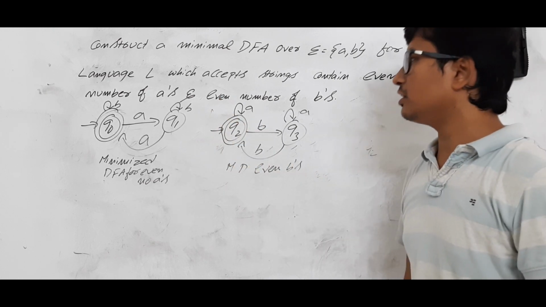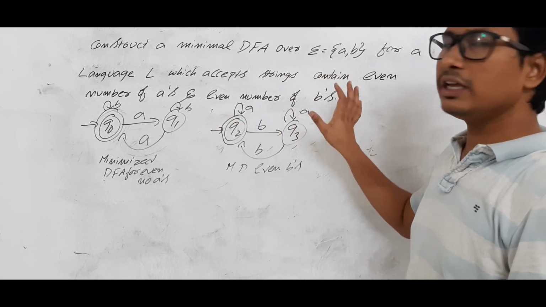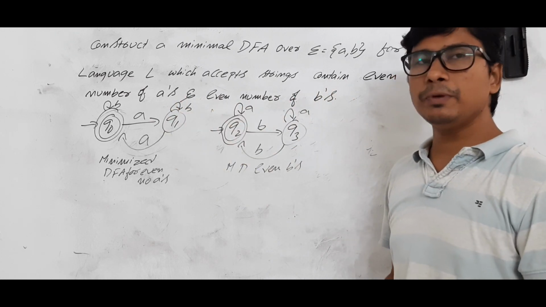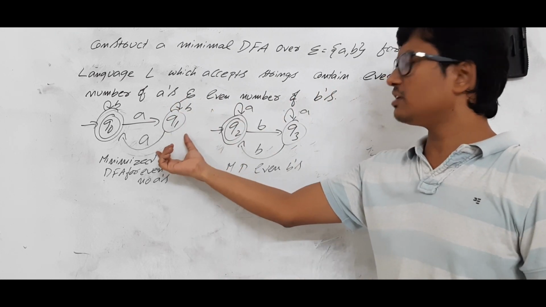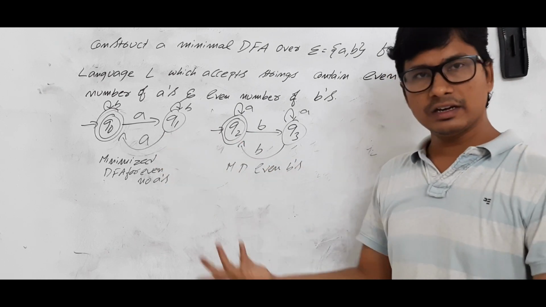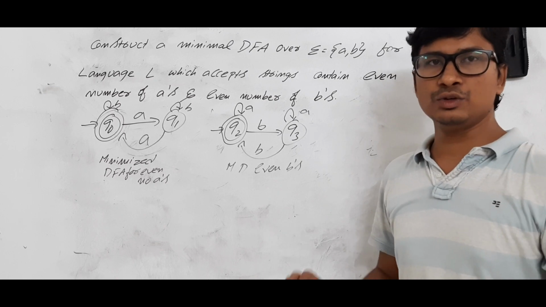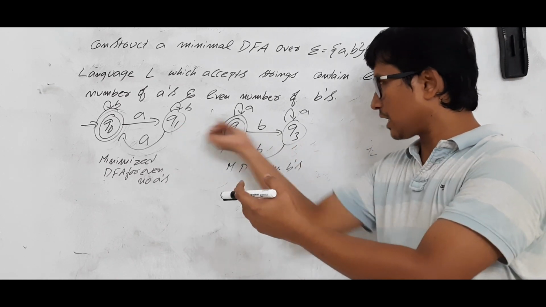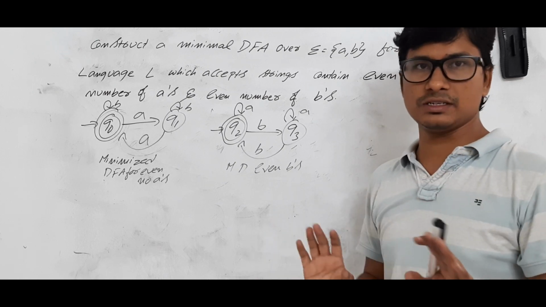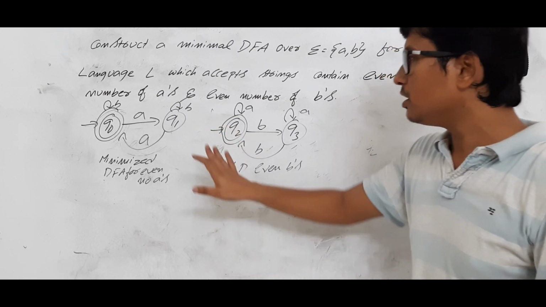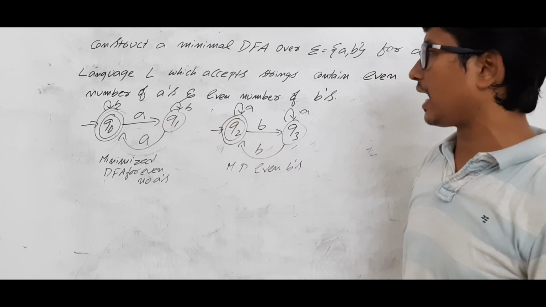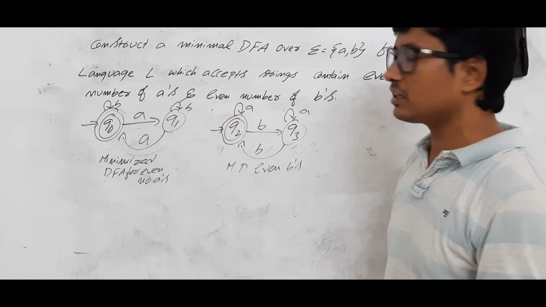How will I get the final solution? The question they have asked is even number of A's and even number of B's. So what people will think is that this is even number of A's, this is even number of B's, if I join both of them, done. But that is not correct. You should not connect Q1 to Q2. It is not a join like in DBMS. Is it clear? It is a TOC concept. If you connect these two, it will not work. You will not get the correct DFA.